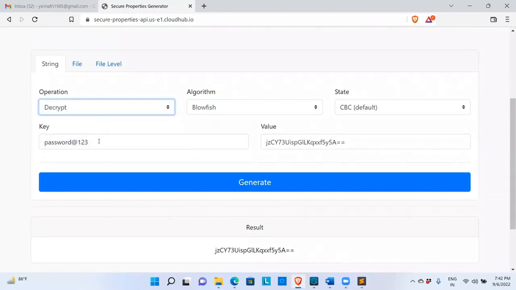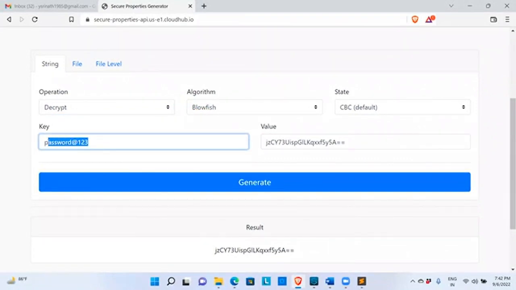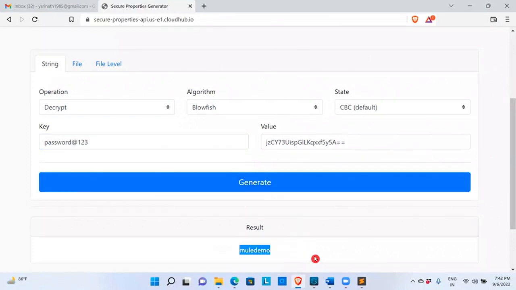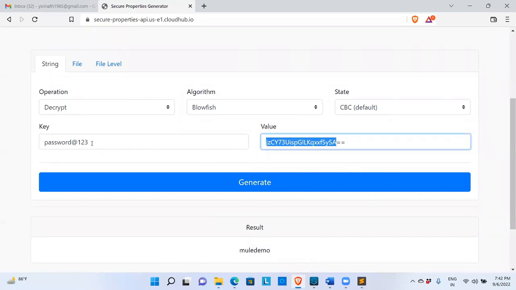Decrypt, then you can see the most important one. Which algorithm? The same algorithm only we need to use. What is the algorithm? Previously we used Blowfish, and the same key only we need to use. Okay, then click on generate. Now you can do the same thing, right? Yes. So whatever the encrypted value is there, by using this encrypted value, the algorithm and the key,